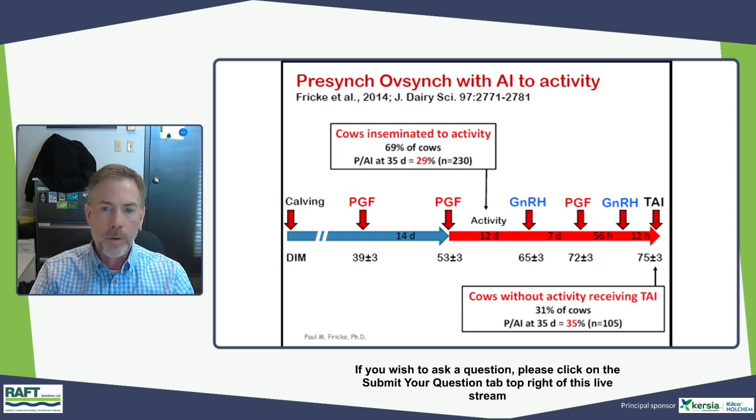One of the first take-homes is that about 70% of the cows actually showed a heat, whereas 30% of the cows weren't detected in heat based on activity, and went on to be inseminated based off the synchronization protocol with timed AI. And that looks to be a very repeatable number. We can get about 70% of the cows picked up with activity, but we still need a plan B